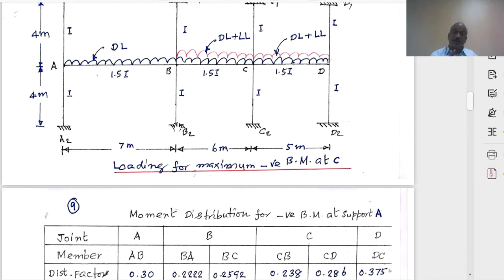That is for beam moments. If it is column moments or support moment, two spans on either side. Left of the joint two spans, right of the joint two spans, that's all. If it is for the moment at joint C or joint B, adjacent spans are to be loaded with the live load. Other spans will be loaded only with the dead load, limiting our span to two on either side only. So this we have to be thorough.